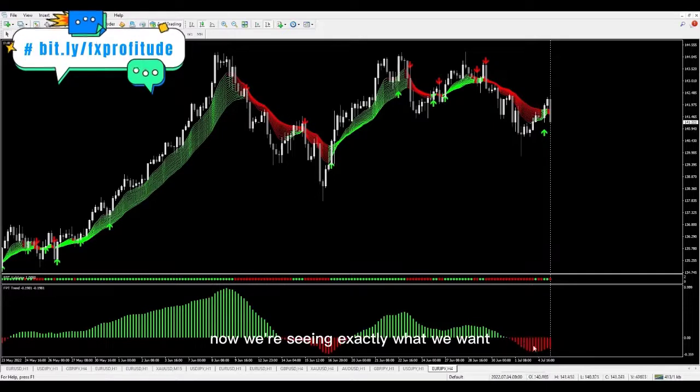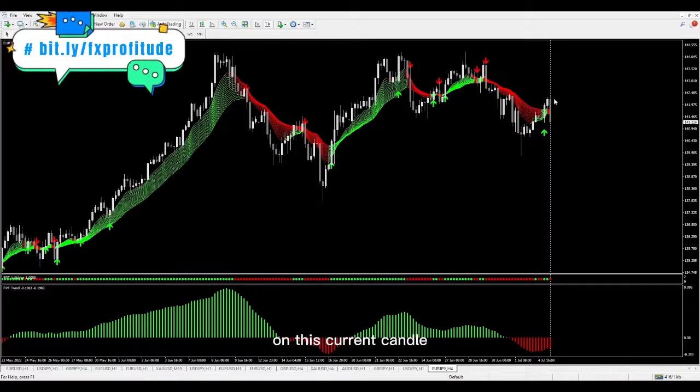Now we're seeing exactly what we want. The price has pulled back into the array, giving us a setup. The pullback has turned the dots green, and during that pullback, the trend indicator remained red, which is very important. On this current candle, we are seeing the validator dot is back to red, and once again, the trend indicator